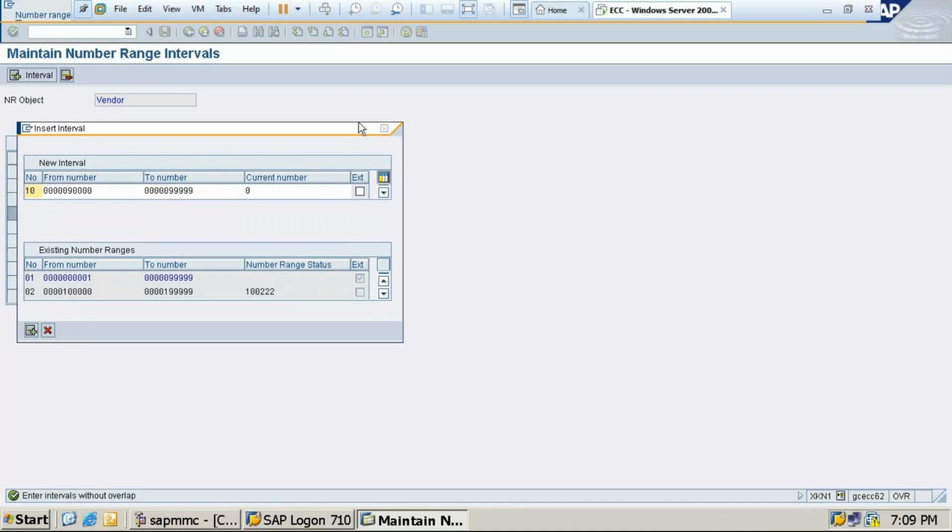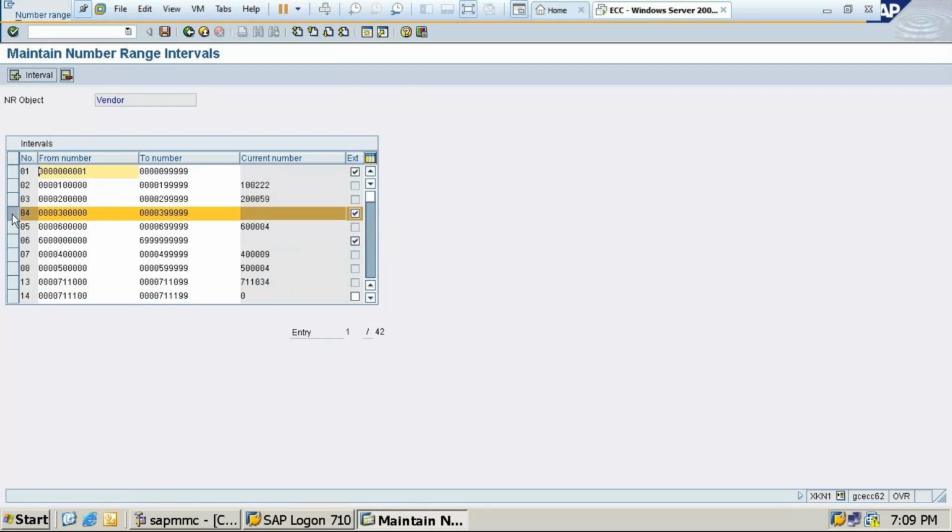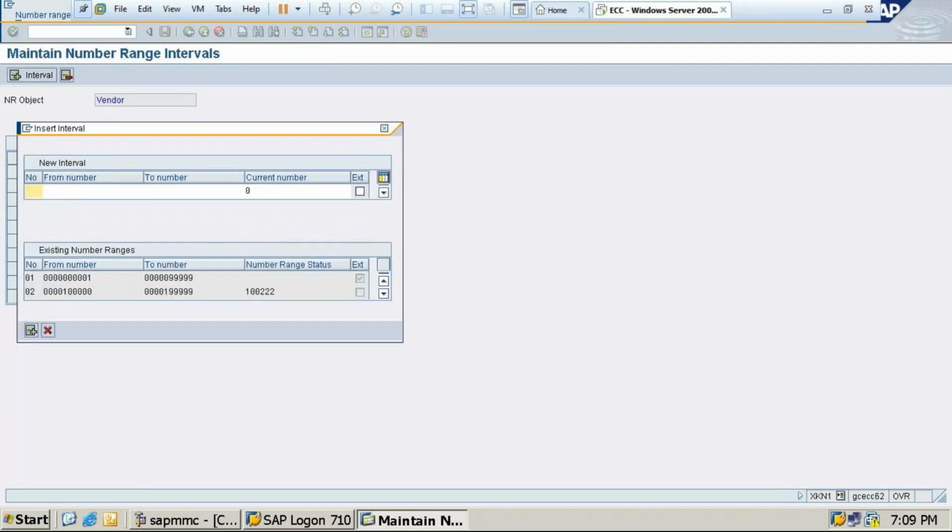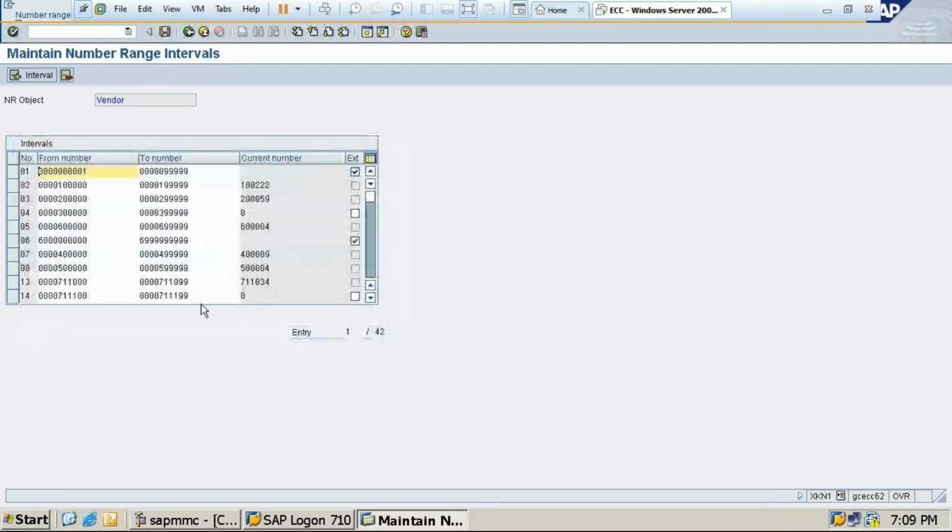Okay, it is not taking. I'll delete any intervals. 04. 3 lakhs to 399. Oh, it is accepting. Okay. So 3 lakhs to 399, so 04. So remember that for students, 04 we have selected. Okay, click on